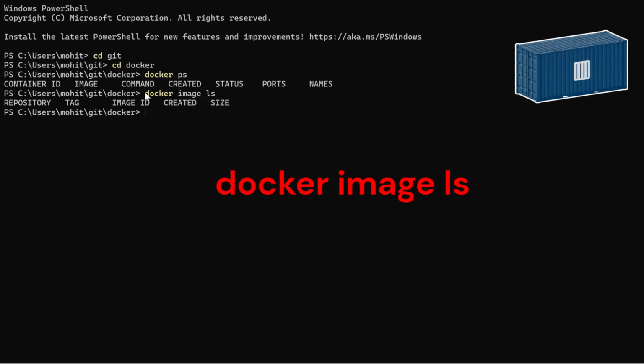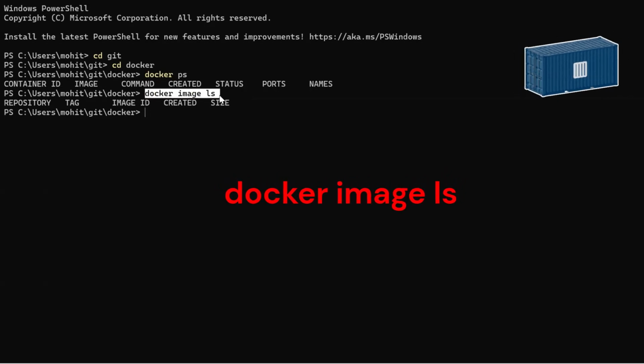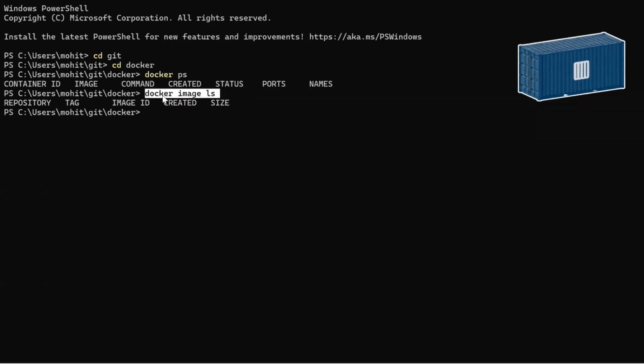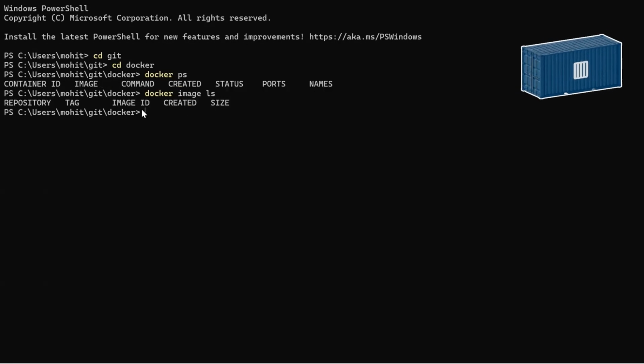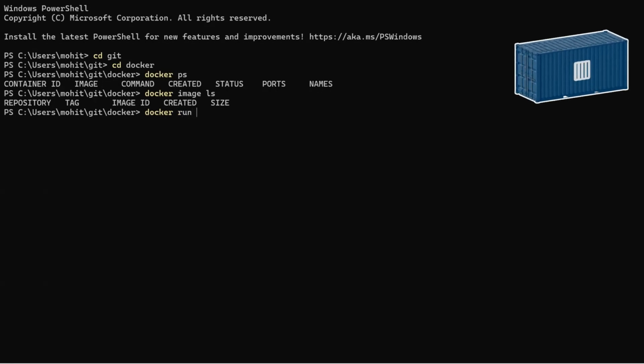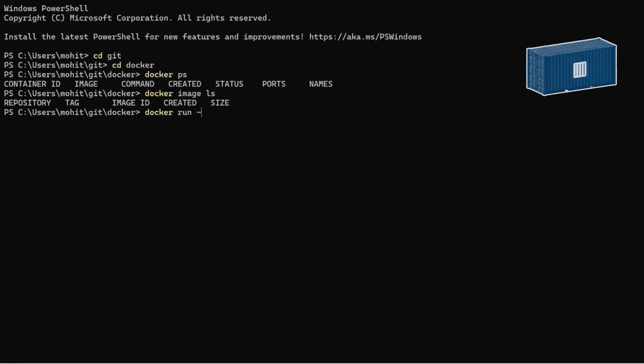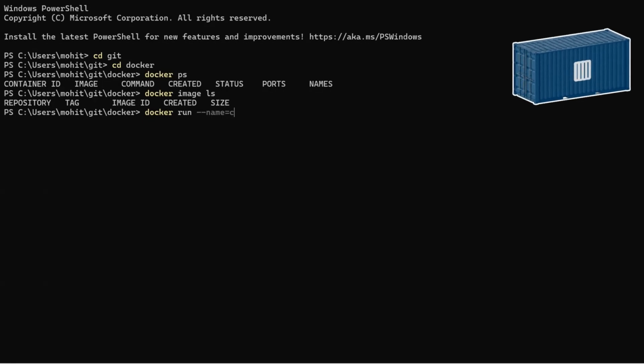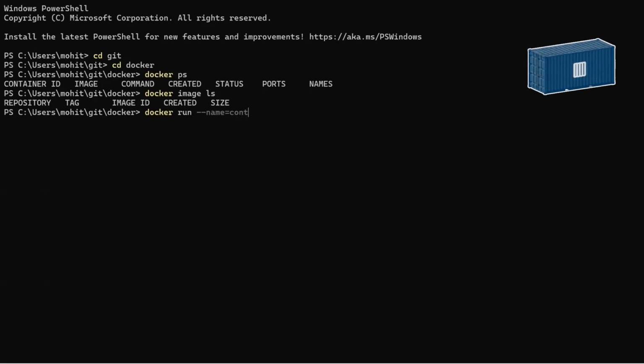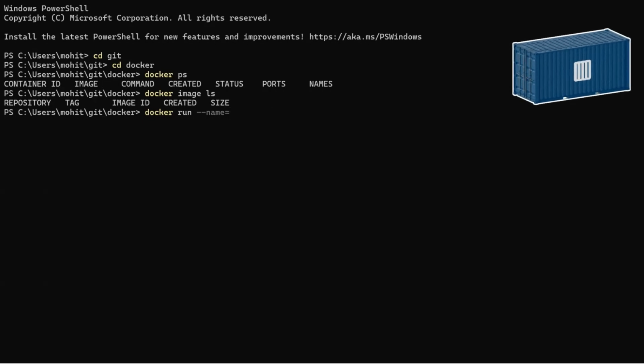How do I list the images that I have in my local system? The command is docker image ls. So you see there is nothing in here right now. So I need to create a Docker container first. So you already know, we have the Docker run command for that, and I'll just give a name of the container here. I would say it would be